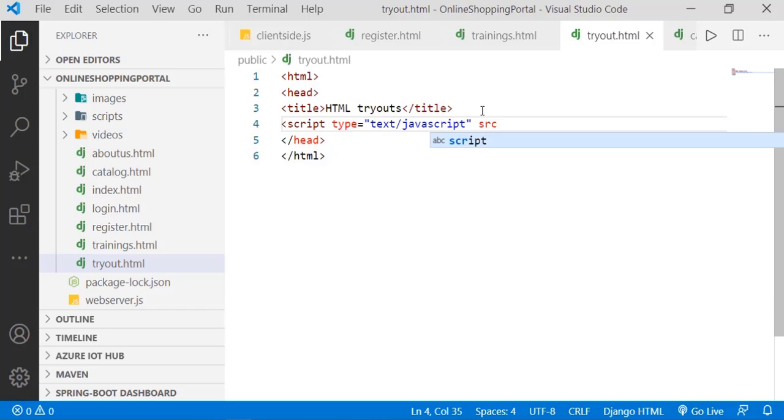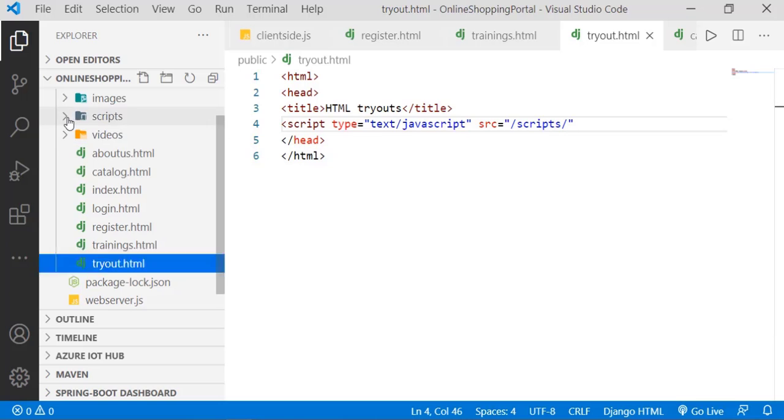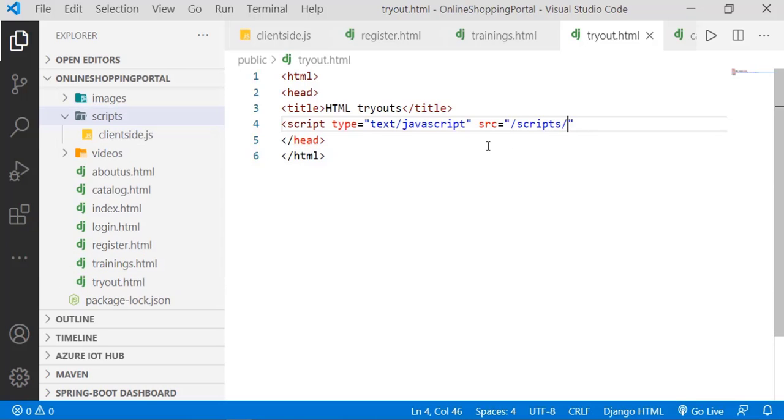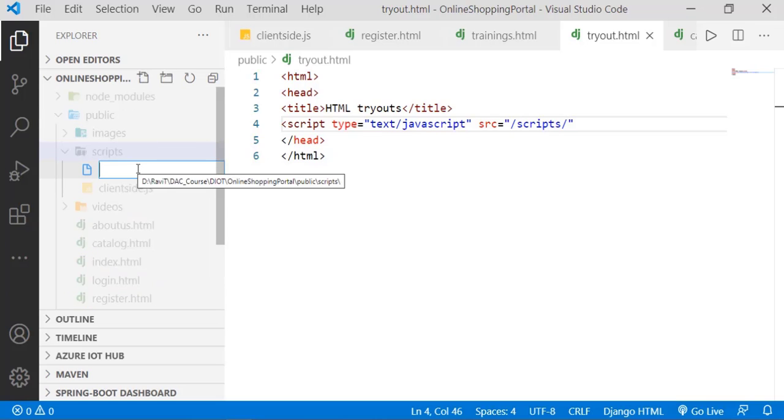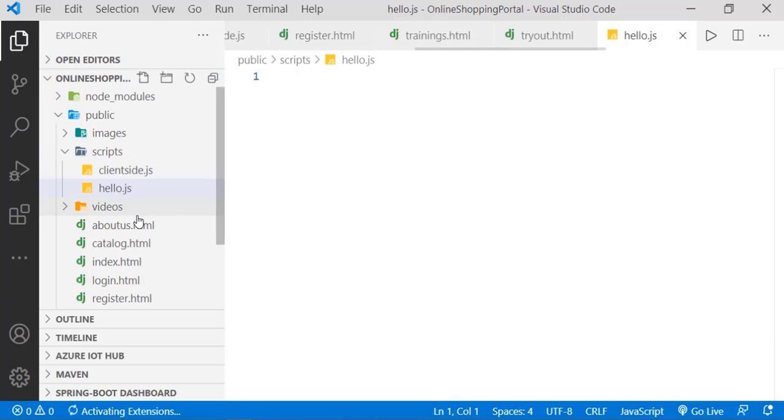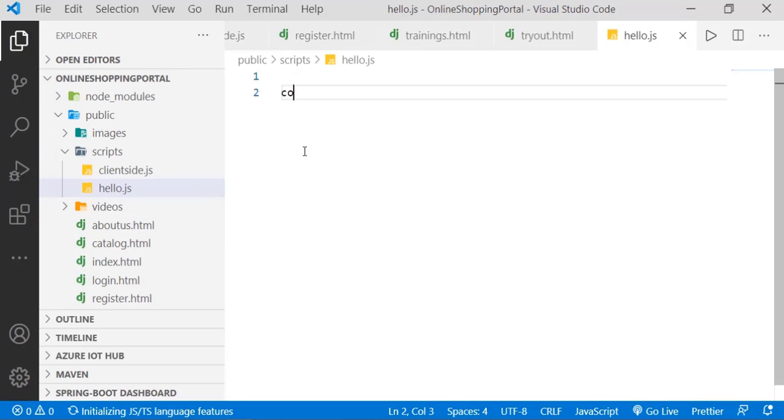folder, and might be the file which you want to link here. I don't know if I have written some file here which I want to link, client side or something, or I may just go back and add one more extra file here. Under this JavaScript folder, something called hello.js, and I link that hello.js, a hardly simple kind of code, console.log hello client side JavaScript. Okay, and now I would like to link that file.